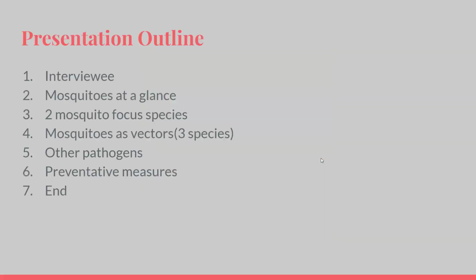So this assignment will have an interviewee, the person each of us interviewed, to talk about a specific animal or vector species that can be related to parasites. And this presentation focuses on mosquitoes. Then two mosquito-focused species will be introduced before three parasites that the mosquitoes can serve as vectors for will be discussed, followed by other possible pathogens, and then preventative measures will be touched upon before that will conclude the